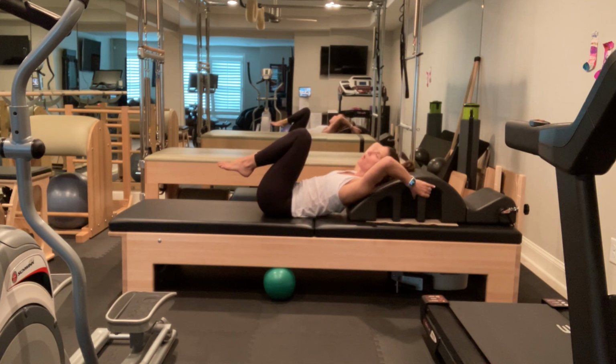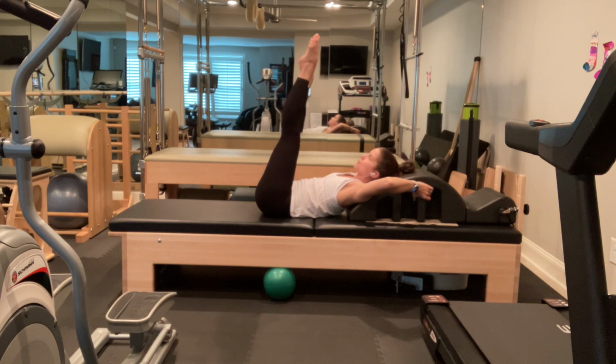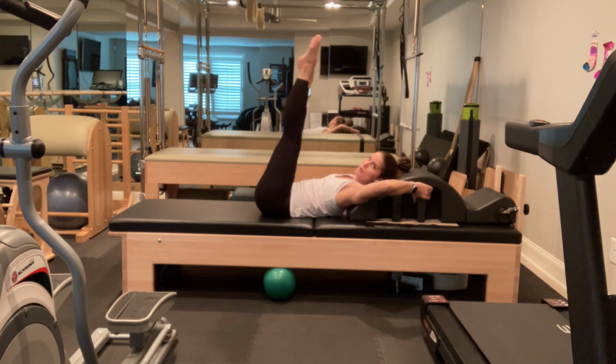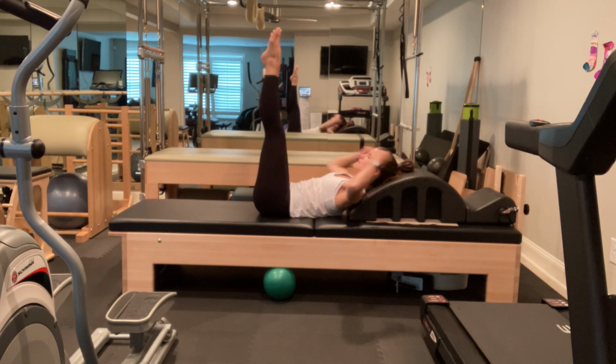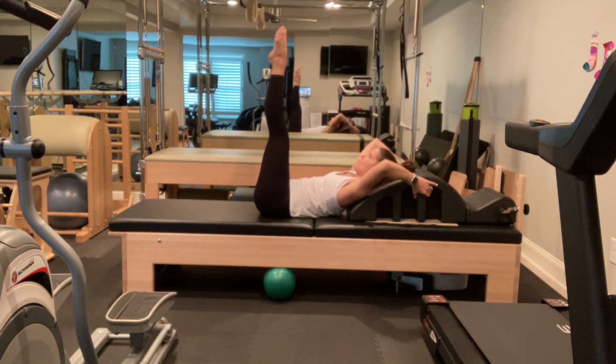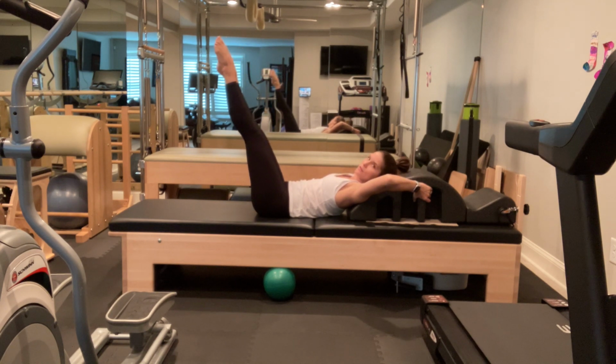I'm going to reach back and hold on to my arc barrel again unless I have shoulder problems. I'm going to extend my legs up to the ceiling. I could extend them closer to my nose, but I want them straight up to the ceiling, so I've already engaged my lower abdominals. I'm going to turn out to a Pilates V. My elbows are up in my periphery slightly. I'm going to lower 1 inch, 2 inch, 3 inch, not losing my connection with my body, the box of my body,